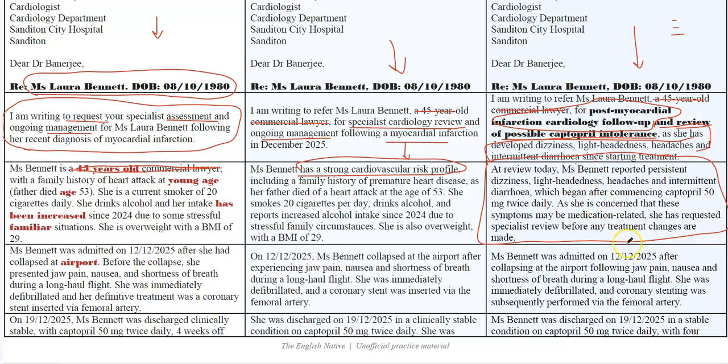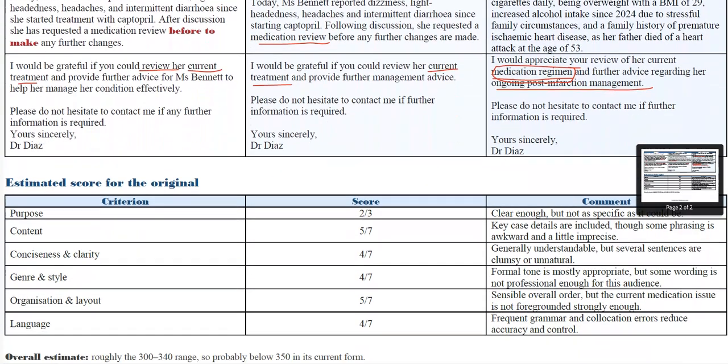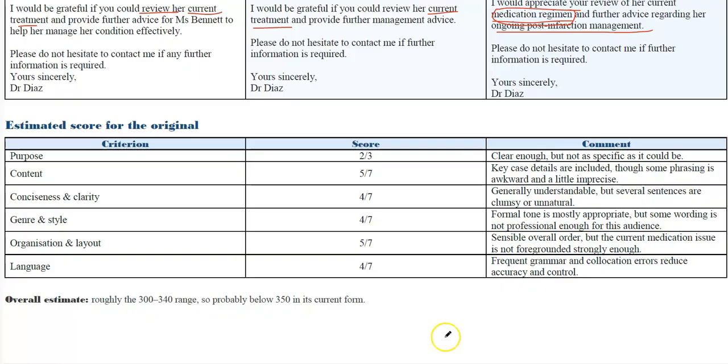Okay. Then paragraph 3, basically the same across the board. That's the background. You've got the discharge. Then you've got the cardiovascular risk factors in this one pushed to the bottom. And then the more specific closing purpose. So I hope you can see the difference there. Okay. Now,